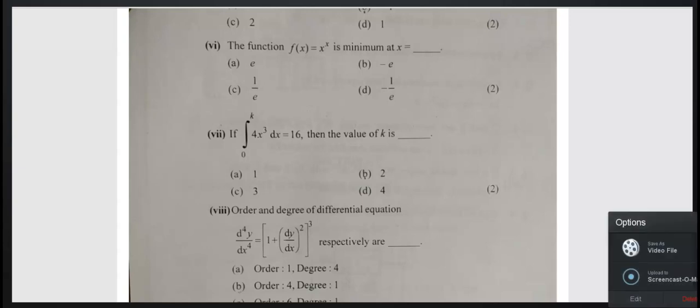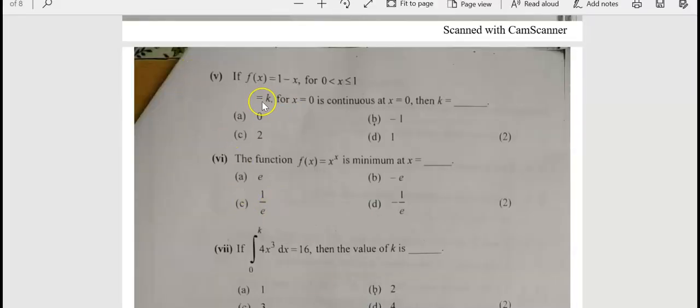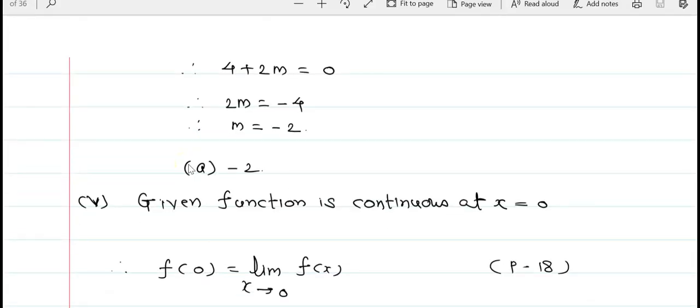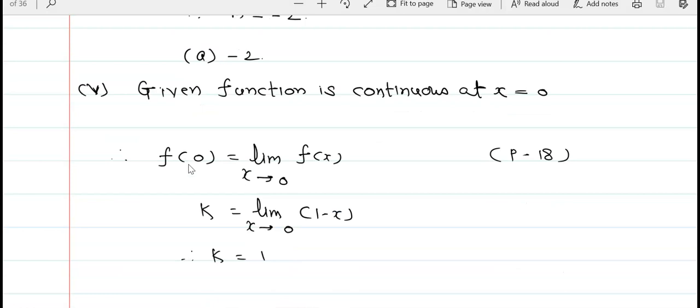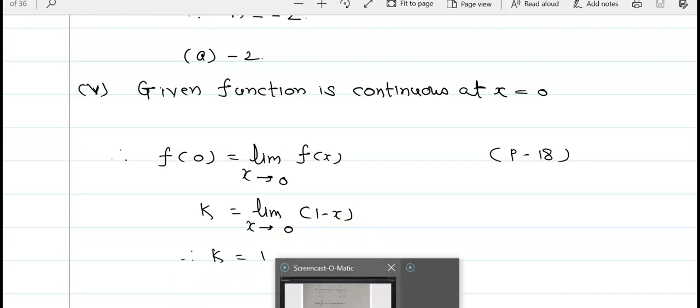Now, again, we will see the answer to this question. See this question: f of x is equal to 1 minus x for x lying between 0 and 1, and equal to k for x is equal to 0, is continuous at x is equal to 0. Its answer is, f of 0 is equal to limit x tends to 0, which is on page number 18. k is equal to limit x tends to 0 of 1 minus x. The value of k is equal to 1. Therefore, option D is the correct one. Now, the next is